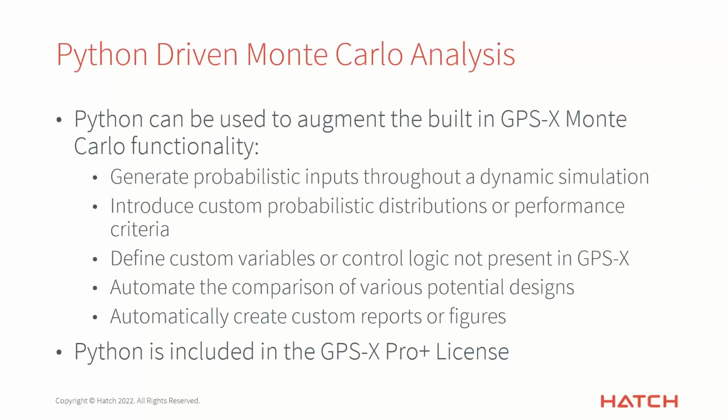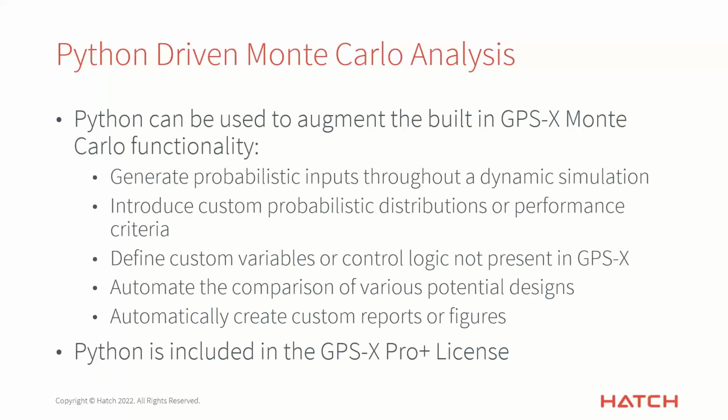And why are we using Python to augment GPSX's built-in Monte Carlo functionality? Well, there's a variety of reasons why you want to use Python in GPSX. First, when talking about Monte Carlos, it allows you the ability to generate probabilistic inputs at any point throughout a dynamic simulation. You're not just limited to setting those inputs at the very beginning of the simulation. You also have the ability to introduce things like custom probability distributions. Say if you want to add in a binomial distribution, for example, as in GPSX, you only have that normal,